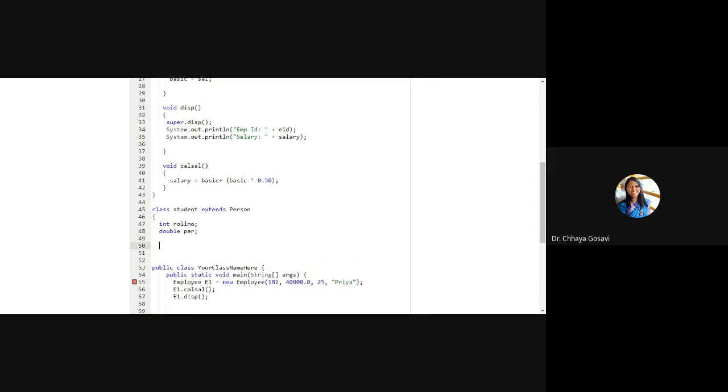Then we can have a student class constructor. Similar to employee, the student class constructor can call super using the super keyword for name and age. Student also has name and age. So string name, integer age, then integer roll number, and double percentage. Sorry, not integer, it's a double.